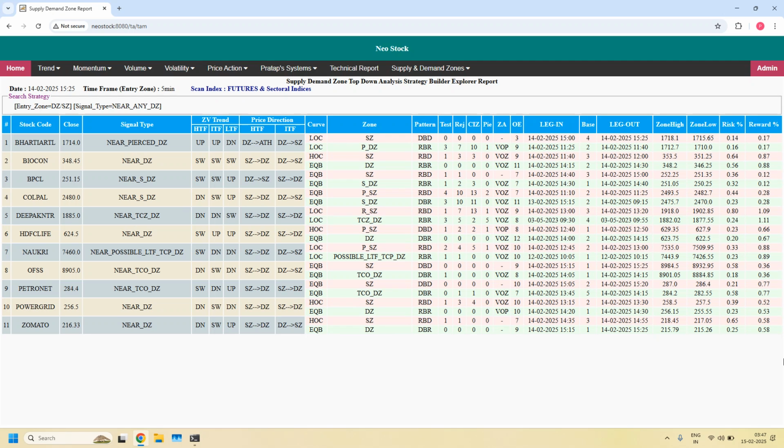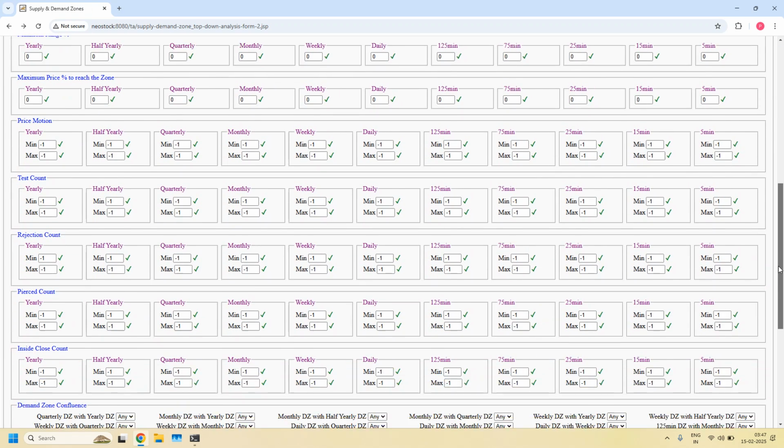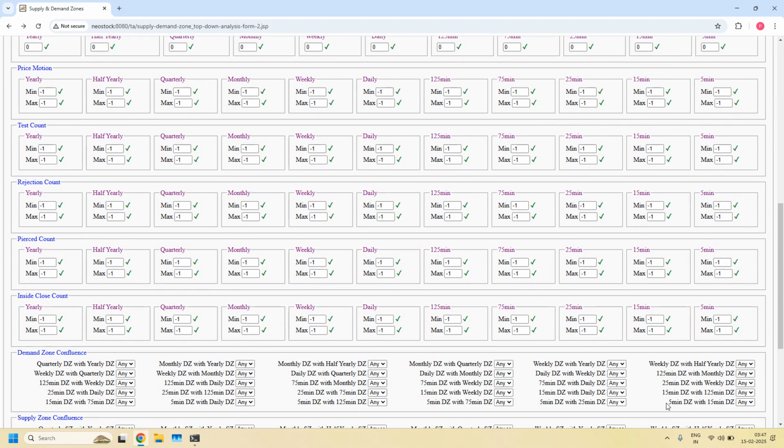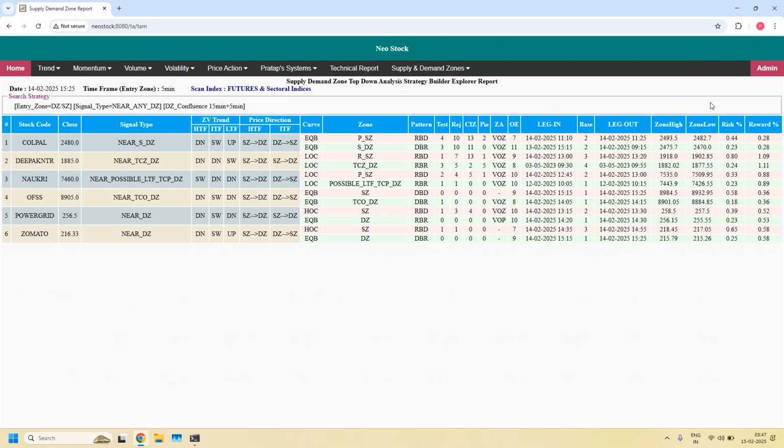Let us verify how many of these demand zones are having ITF confluence. That is 5 minutes demand zone with 15 minutes demand zone confluence. I am enabling the filter. We got 6 stocks. This is a pierced zone. Okay, next